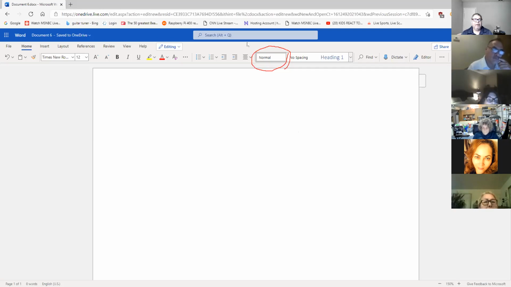So don't forget to change that on this section right here, before we start typing anything. The changes that we're doing, first of all, we didn't change normal. We're gonna leave it alone. We're just gonna modify the font and the font size. Next thing to do, it says here